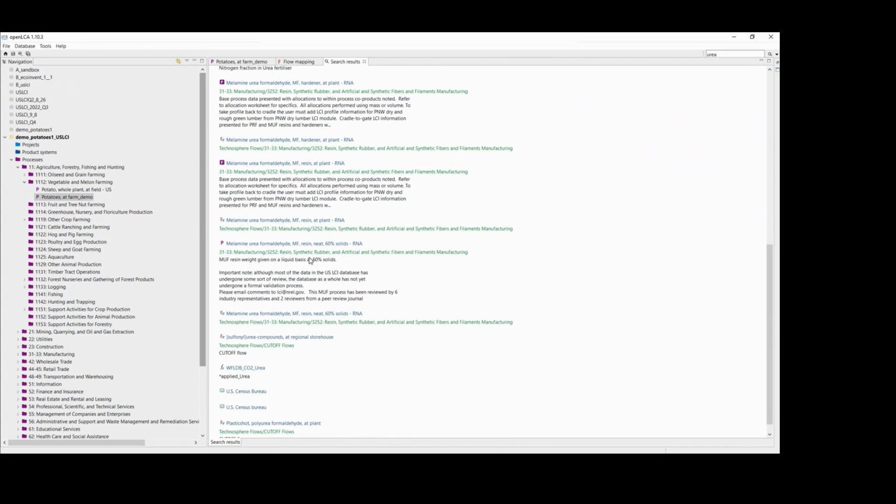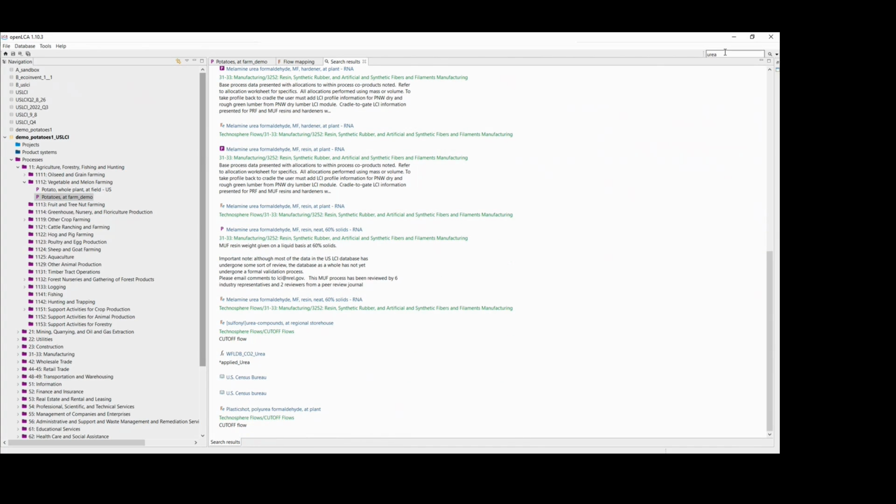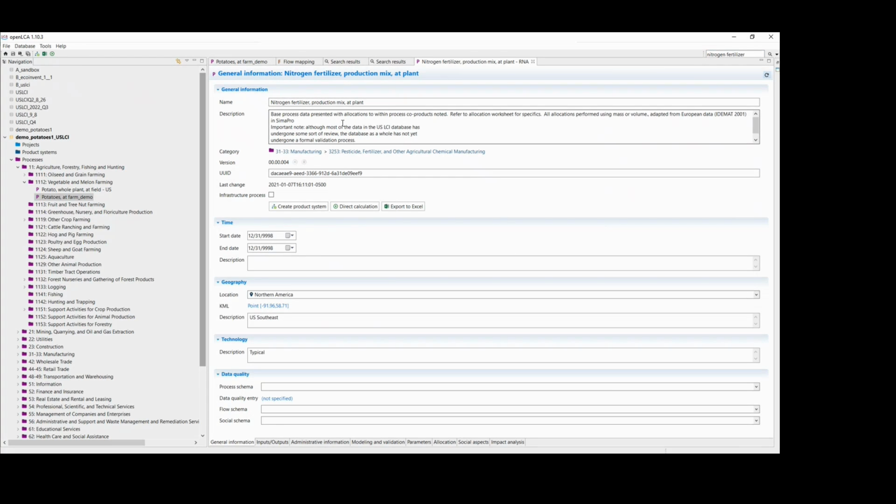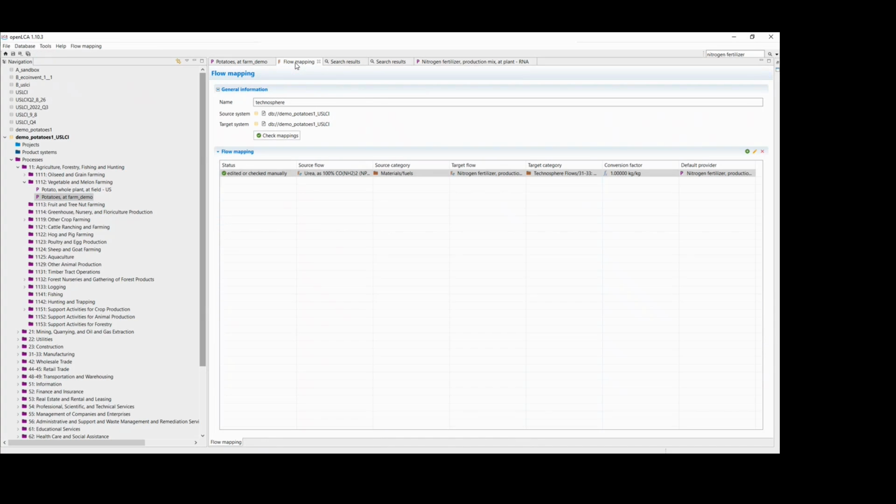So we can see that there's no good options. So I will just go ahead and search for nitrogen fertilizer since urea is a type of nitrogen fertilizer. We can look through this data set. You might have to do some sort of conversion based on the nitrogen content of the fertilizers. But for right now, we'll just assume that this would be a good proxy.